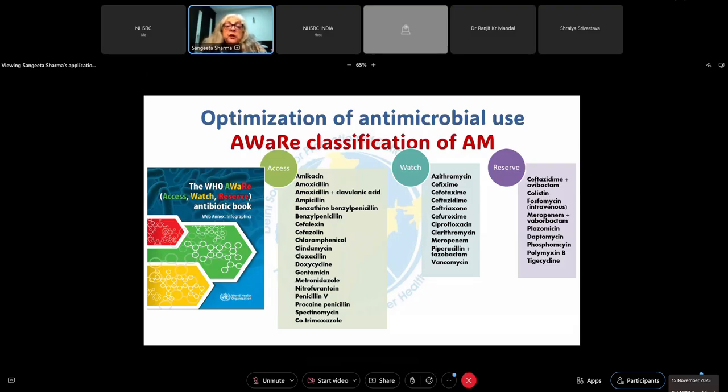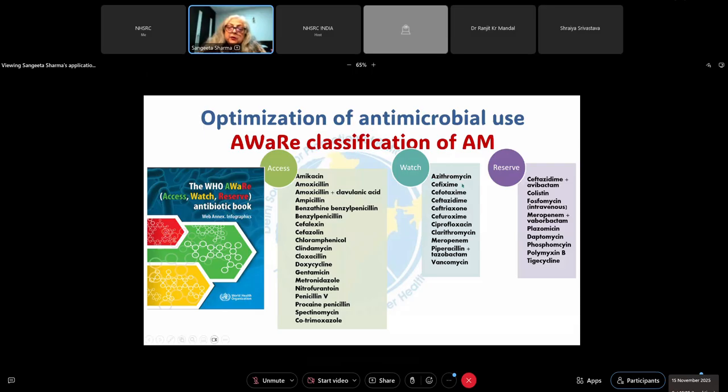So if we don't watch the trends and patterns of prescribing of Watch group drugs, we may lose out on these effective medicines. Most of the time these are effective, and that is how we are able to save. So the target here is that if at all we have to use an antibiotic, we choose from the Access group. But on the contrary, during COVID times, we saw, even when the diagnosis of COVID was made,